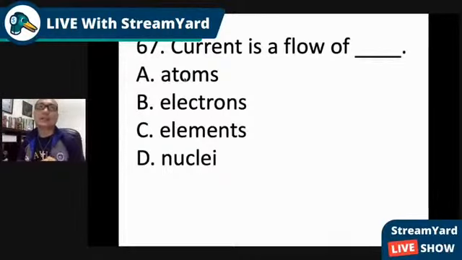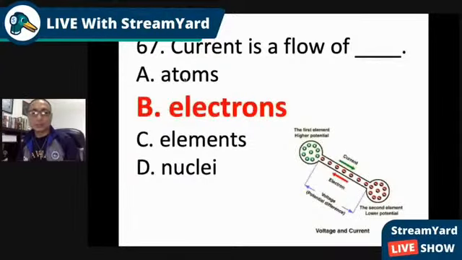Take note of this concept. Current, voltage or potential difference, and resistance. All these three are important in Ohm's law, if you try to understand how current moves. So, the answer in number 67 is B. Okay? You don't need to put question mark, Anthony. You're right. B, so electrons. So electrons are moving. That's why it's called electricity. And the amount of electrons that are moving is called current. How fast it moves is due to the potential difference or voltage. And when something is stopping it from moving, it's called resistance.